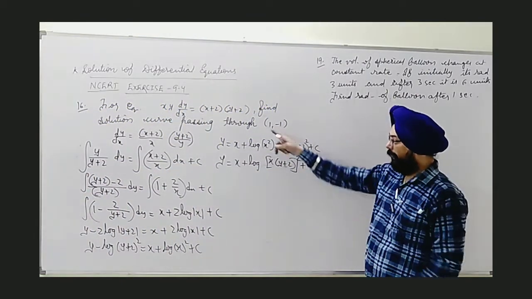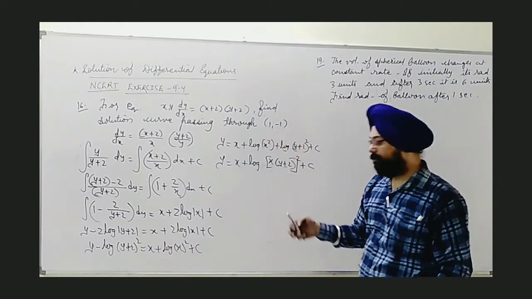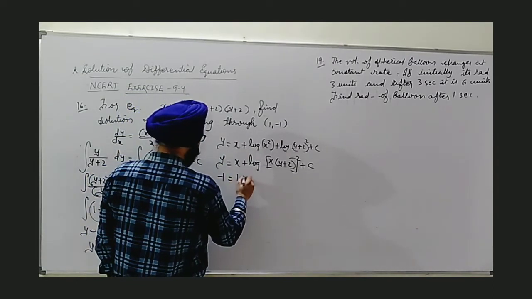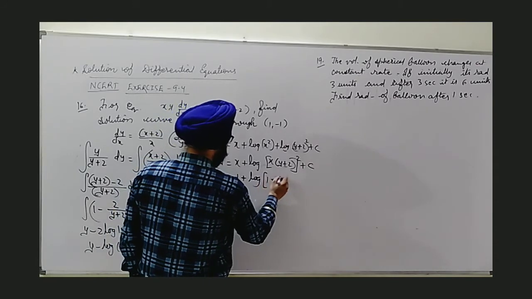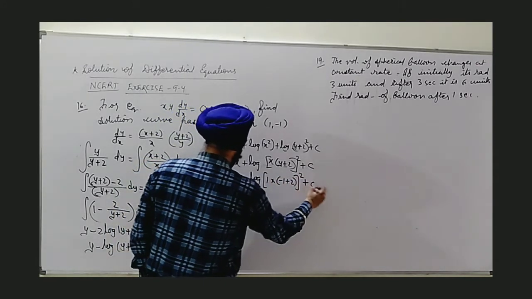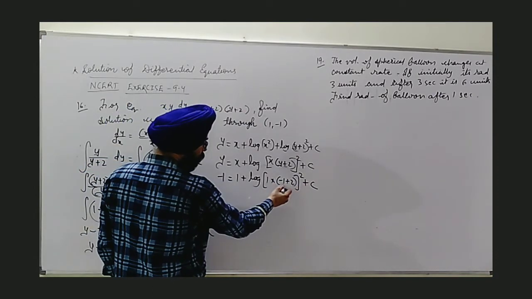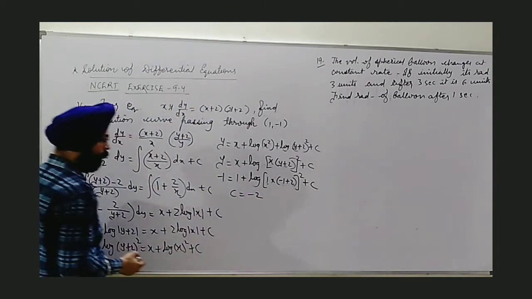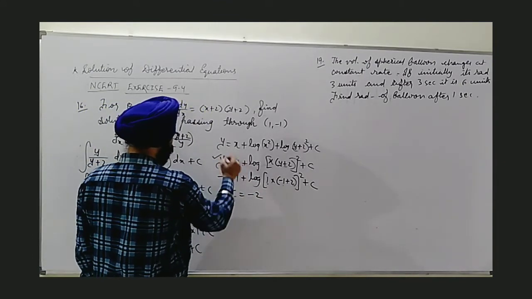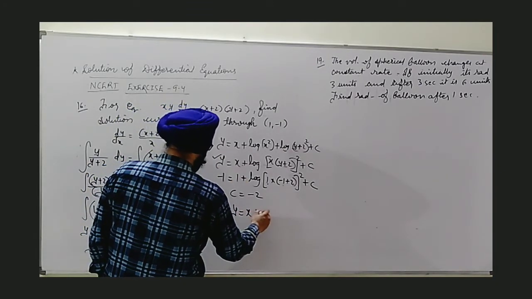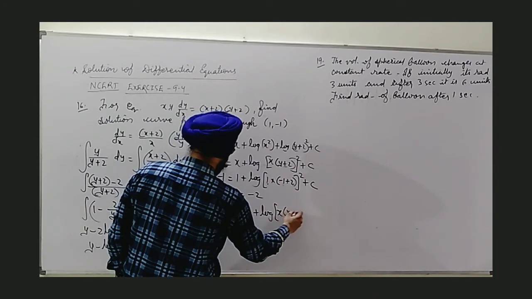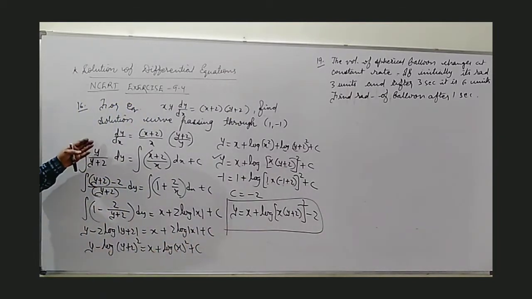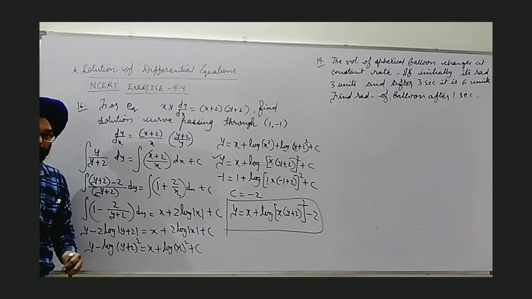Now what we have to do, as it says the curve passes through (1, minus 1), so replace by these values. 1 will be x, minus 1 is y. So we get here 1 into (minus 1 plus 2) whole square plus c. So here this will become 2 minus 1, 1 into 1, so finally this term is going to be 0. We get c is equal to minus 2. This value we can put in the final form of the general solution as y equal to x plus log of x (y plus 2) whole square minus 2. So I hope this is actually the same thing but given in the form of an application.